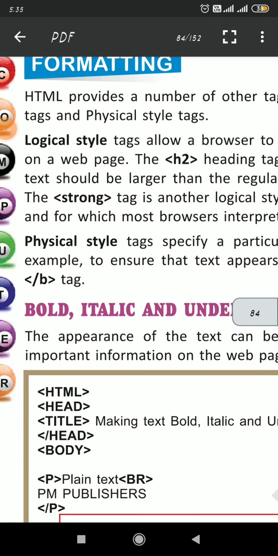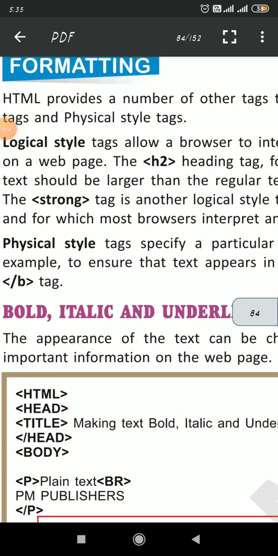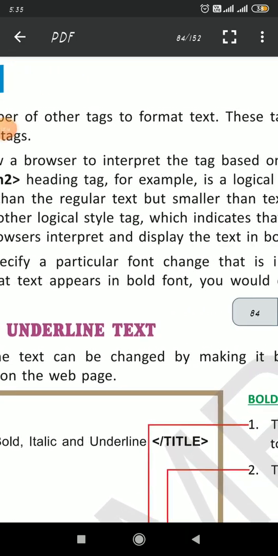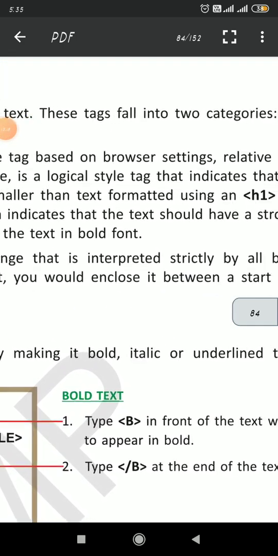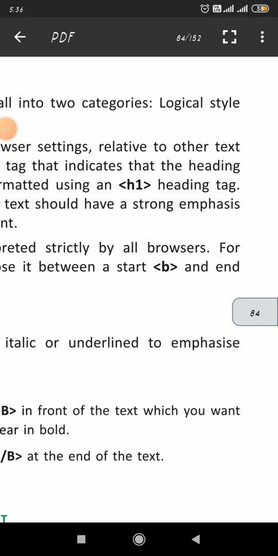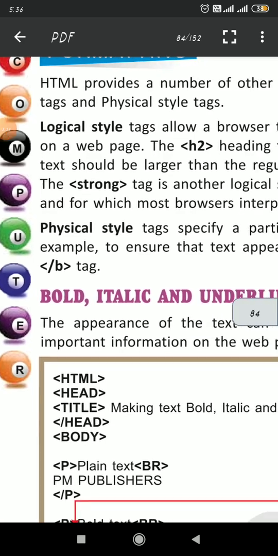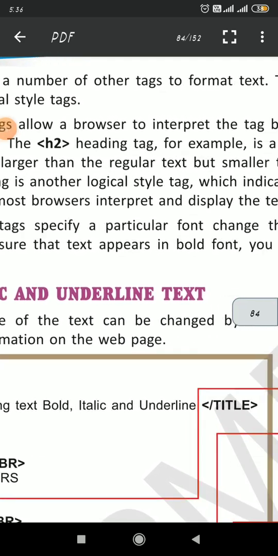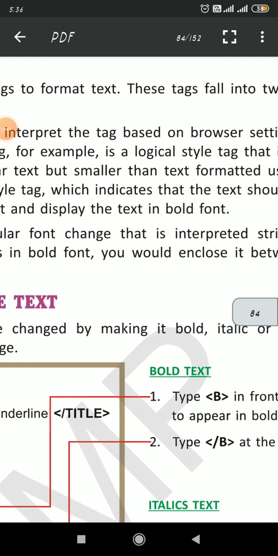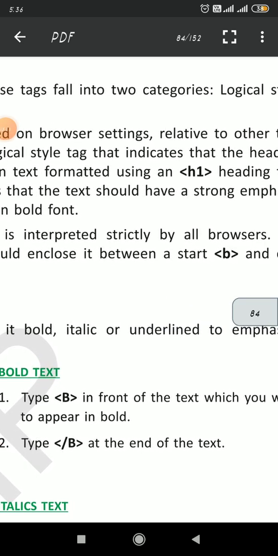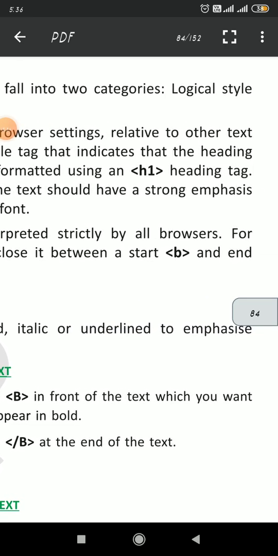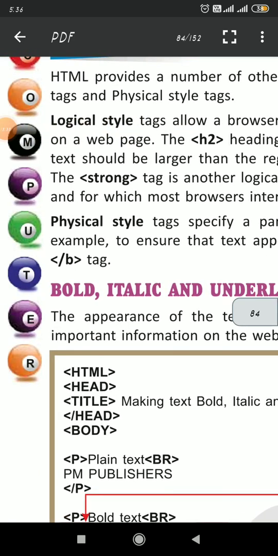Now, physical style tags specify a particular font change that is interpreted strictly by all browsers. For example, to ensure that text appears in bold font, you would enclose it between a start B and end B tag.